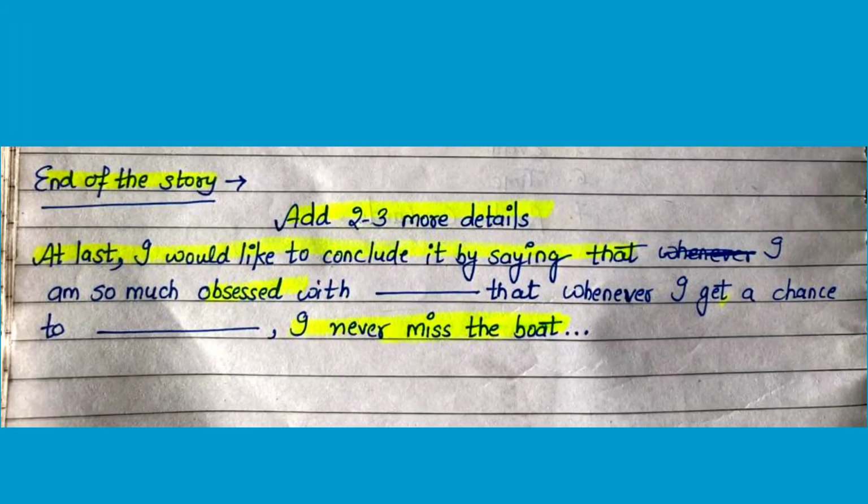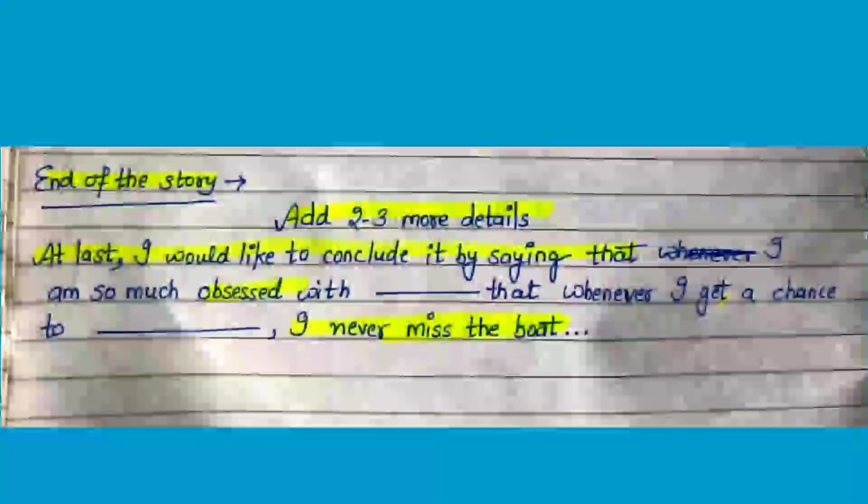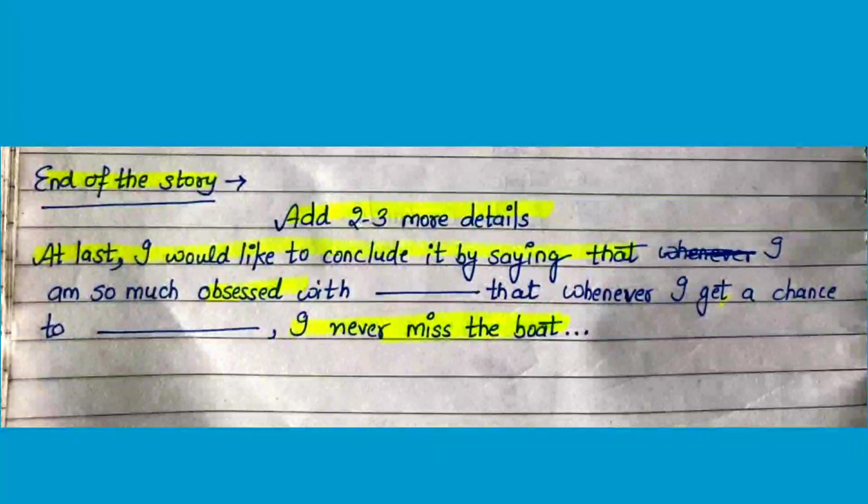So at last, I would like to conclude by saying that I am so much obsessed with this book, this person, this activity, that whenever I get a chance to read it, to meet it, to visit, whatever topic it is, I never miss the boat. It means you never leave the chance. And this is the simplified template that can be used in